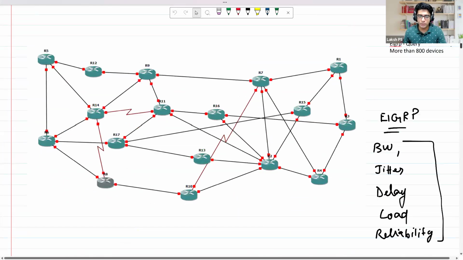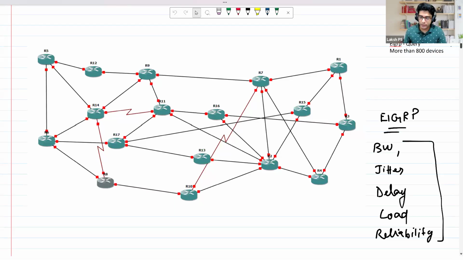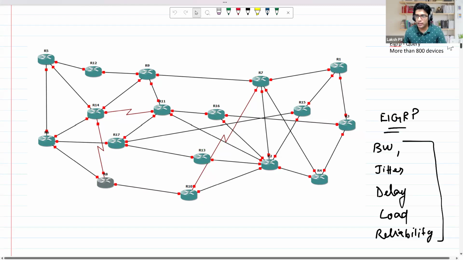Then we had a big, detailed discussion on why EIGRP is preferred on the enterprise side and why OSPF is preferred on the service provider side. There are a lot of reasons why EIGRP is not preferred, because EIGRP uses a lot of metric values in order to find the best one, whereas OSPF uses fewer metrics. That is the bandwidth. It uses bandwidth as the metric in order to find the shortest path. Right? And in a service provider environment, we prefer faster calculation rather than large calculations in order to